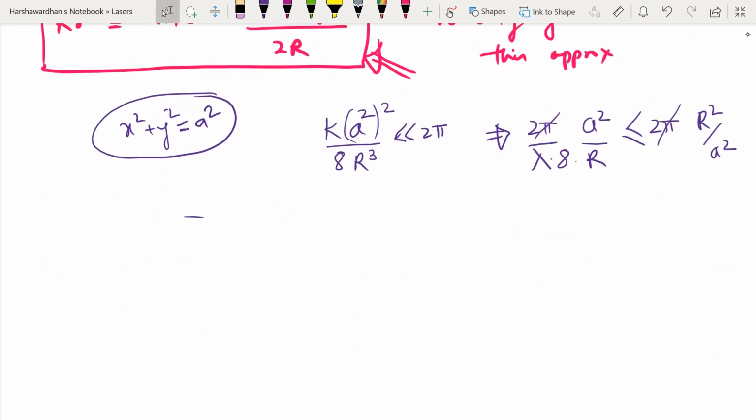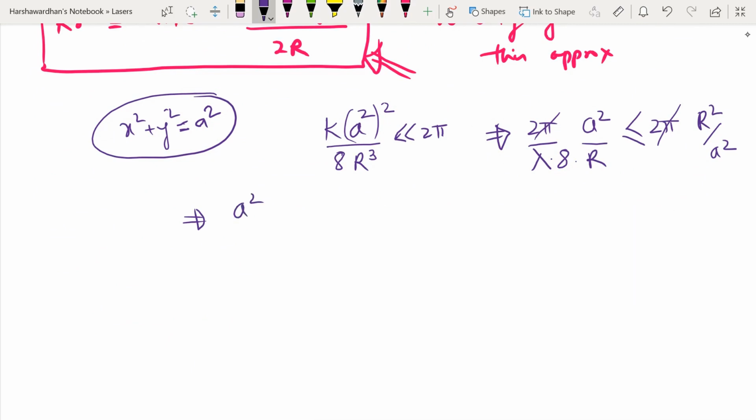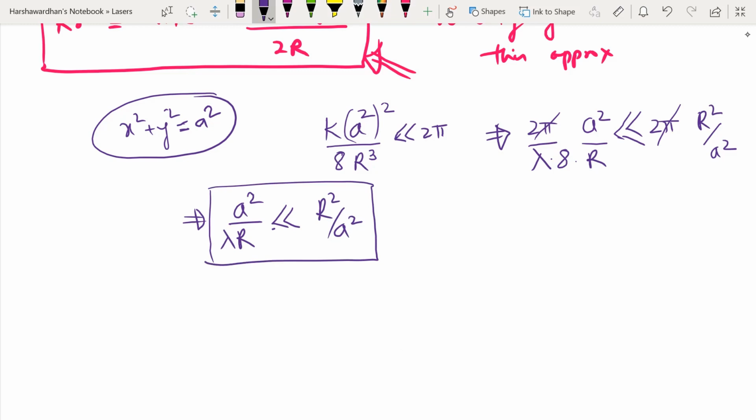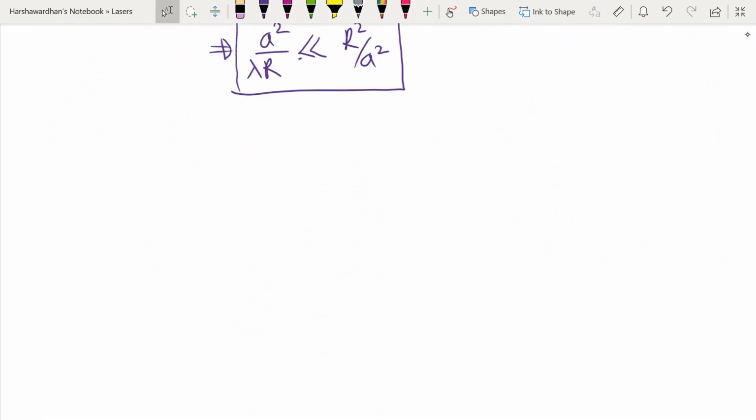That is, if I have a square by r much smaller than r square by a square, then that is going to be my region of validity for such an approximation. So what we are doing is we are seeking a solution of a particular kind,